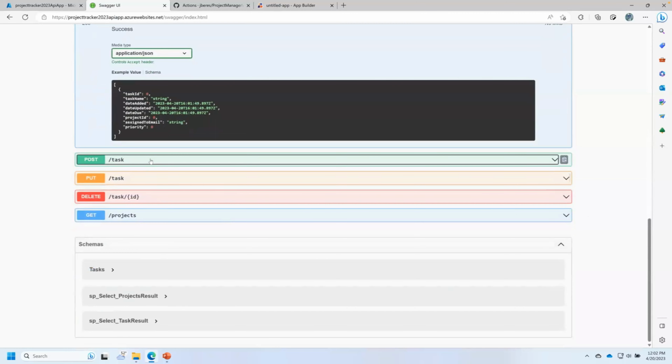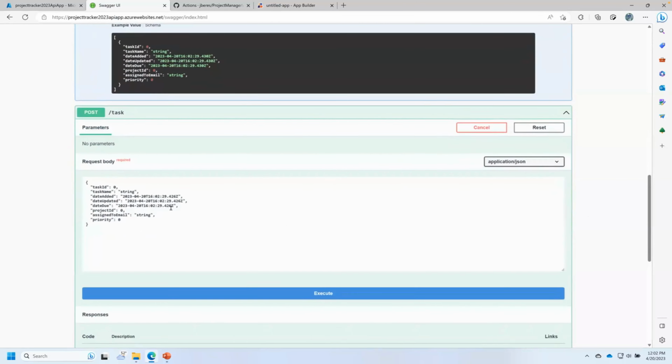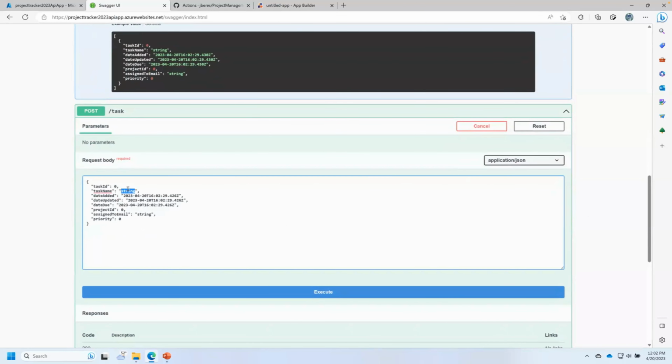So here, if we do a post, we can try this out, and we'll do task name 4, or we'll do 5. I think it's 4. Well, we'll see. Project ID 1, priority 2. And today,